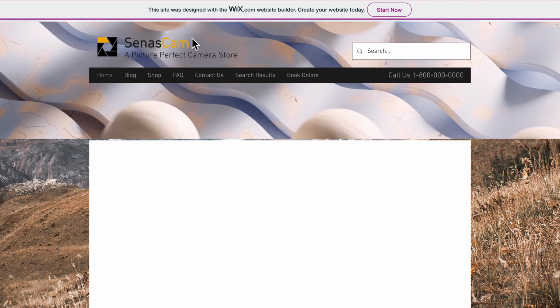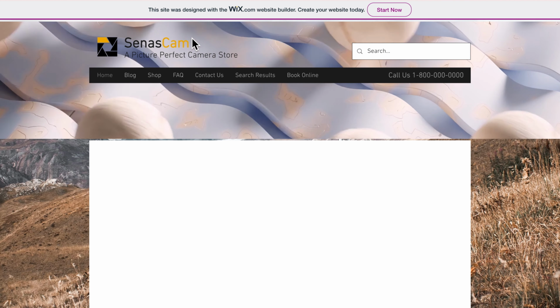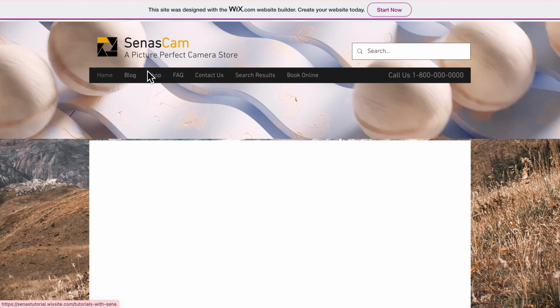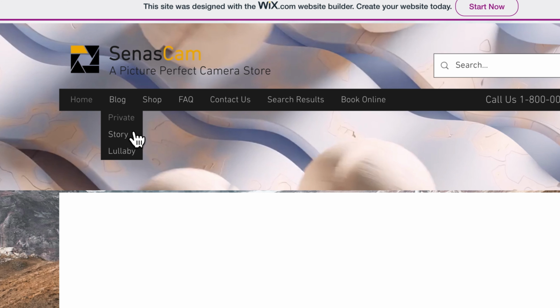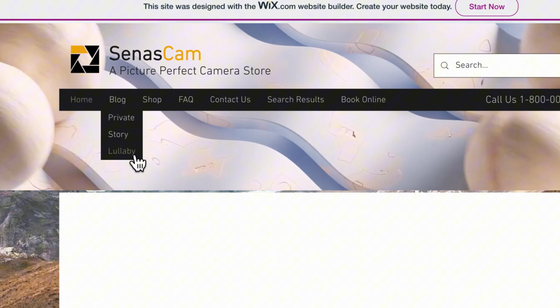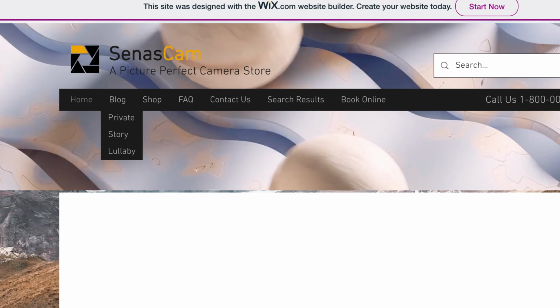How to disable a page menu to be unclickable on Wix. So, for example, I want to disable this block menu right here, but I still want the sub menu to be clickable. And then to do it, you want to go to your Wix editor,